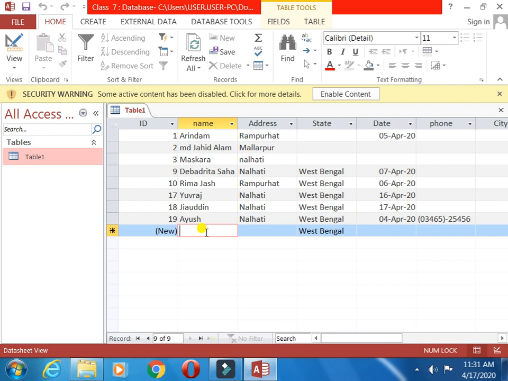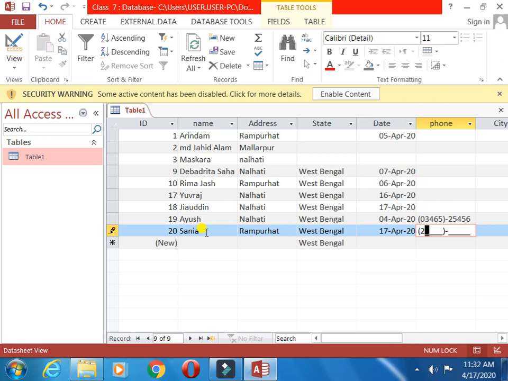Suppose Shania, Rampurhat, West Bengal. Date, suppose 17/4/2020, 17 April.